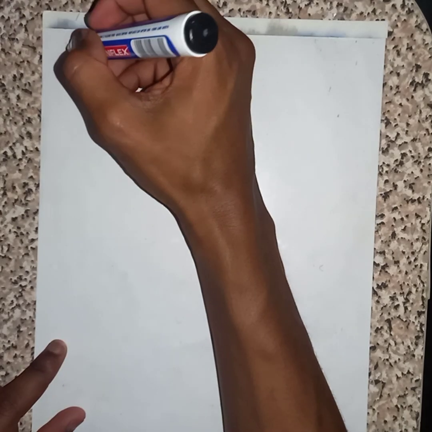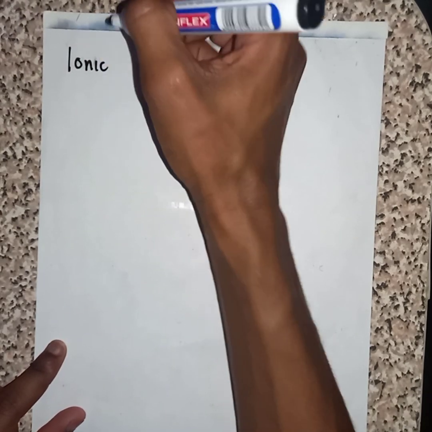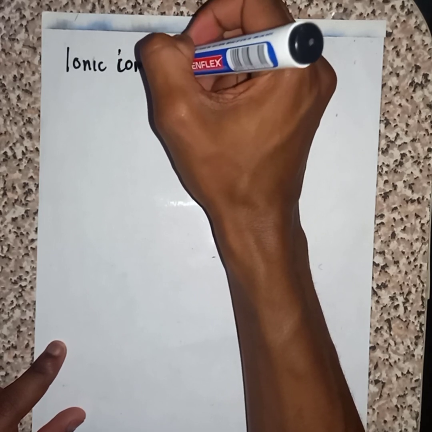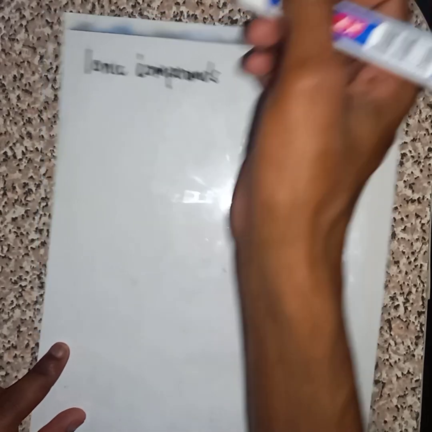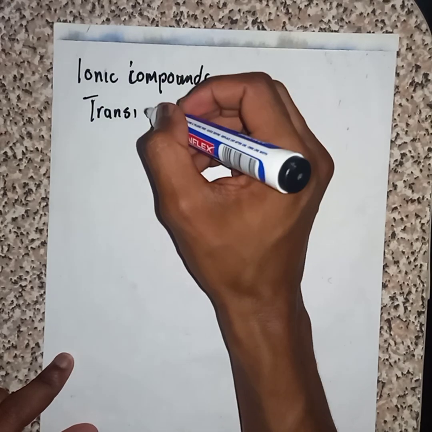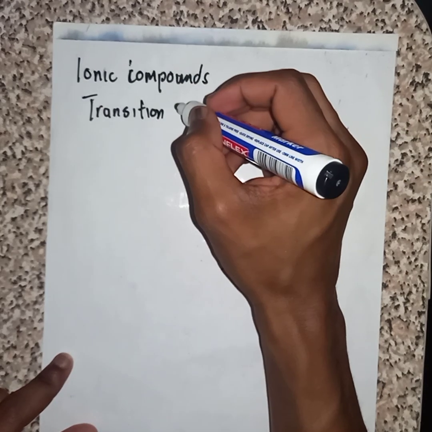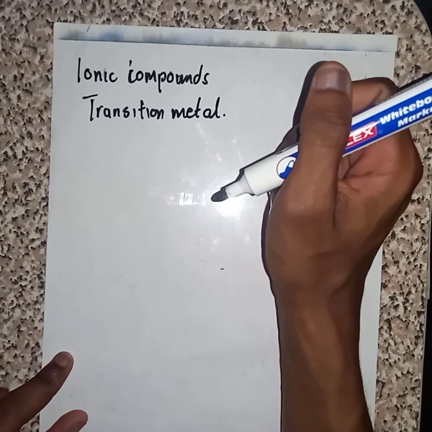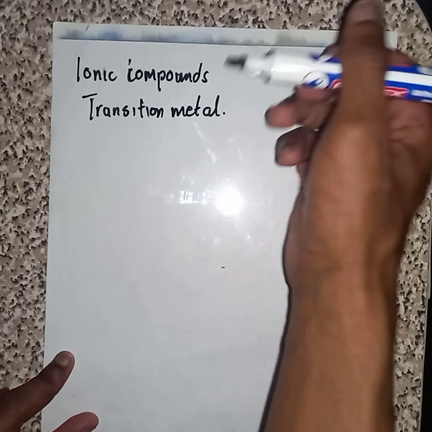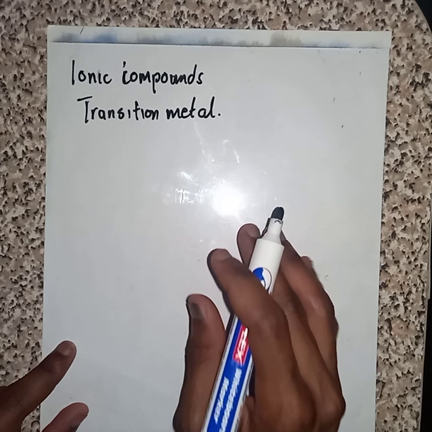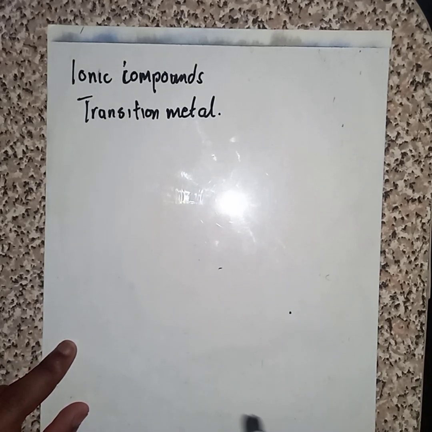Today we are going to continue with ionic compounds, to be specific, ionic compounds of transition metals. To be specific, we are going to write the chemical formulas. I'm going to give you a name, then you as a learner must write what the chemical formula of that given